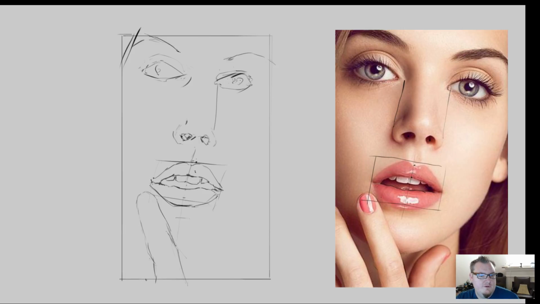And then you've got a little bit of a gap. There's a lot of curvature happening here. So you've got the top of the knuckle, then a big curve, and then a straight line, and then another curve, and then a straight line there. So you want to draw up to about here, come in,